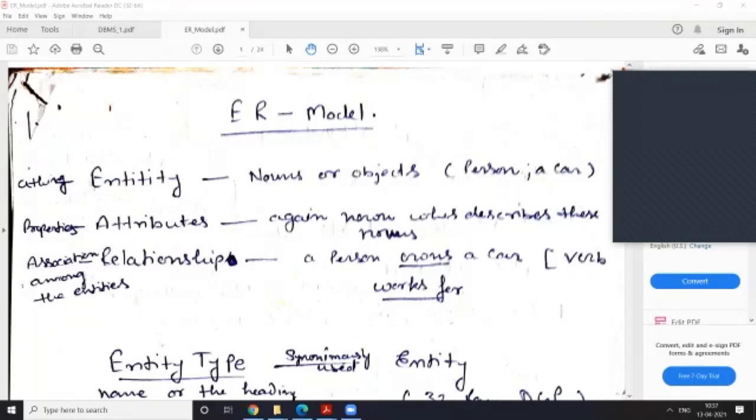Okay, so this is the way to communicate with the different kinds of users of your database management system, and a much better way of communicating is by using this ER diagram. If you present the structure of the table to them, it's not easy, but if you see some kind of diagrammatic representation, you can easily understand what the various components are and what the various relationships are. This is the aim.